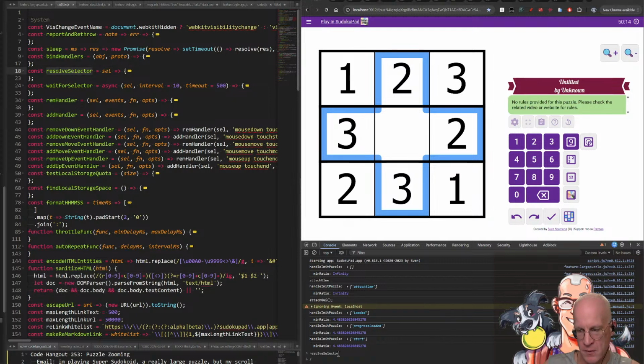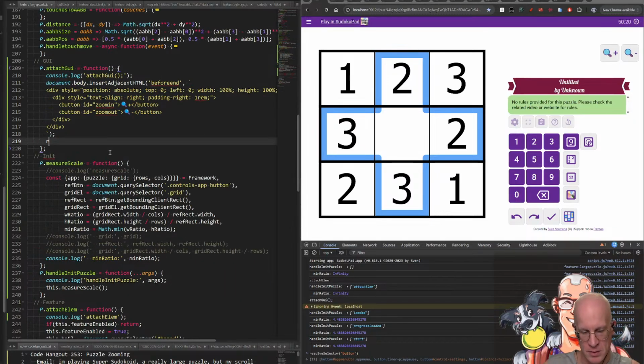If I do this, I say button. Yeah, so I can just do resolve selector, right? So I can just say resolve selector hashtag zoom in, for example, right? And then I can say dot add event listener